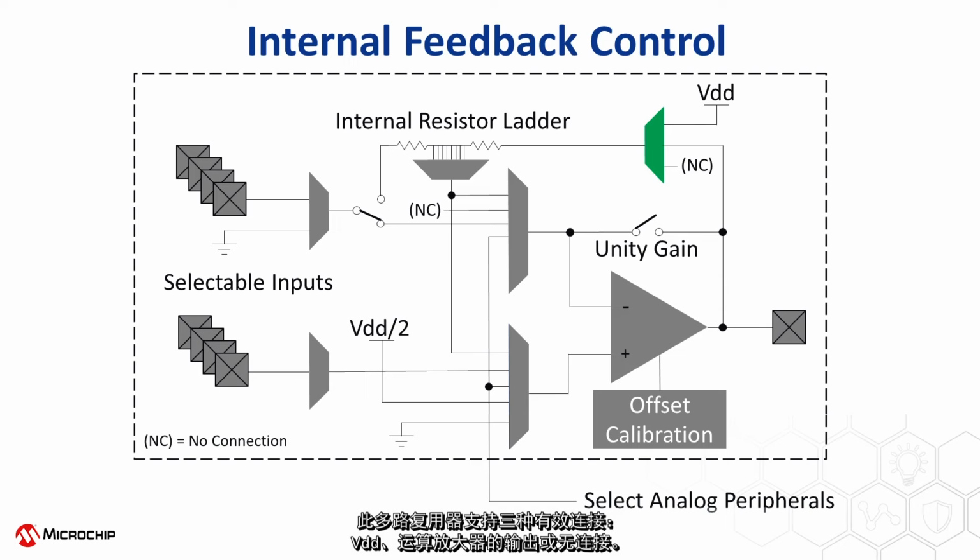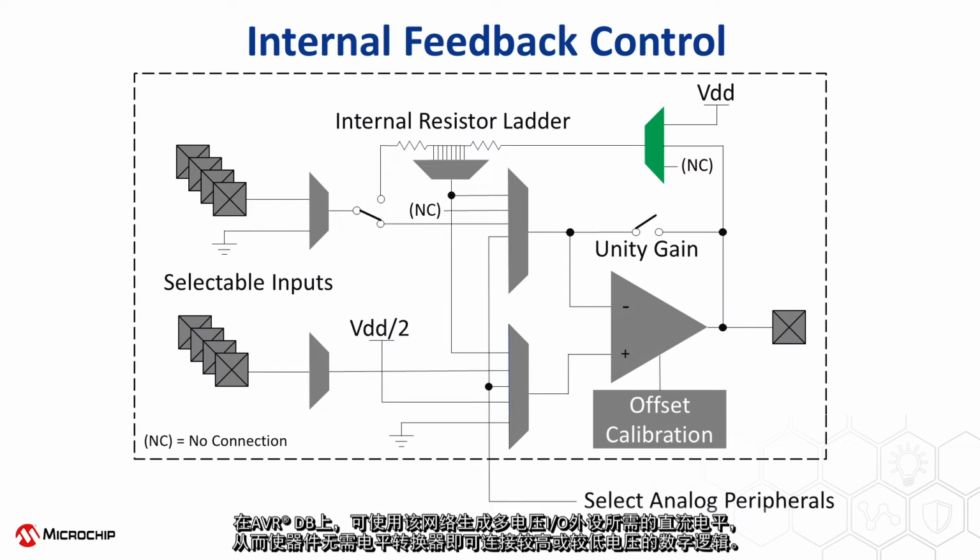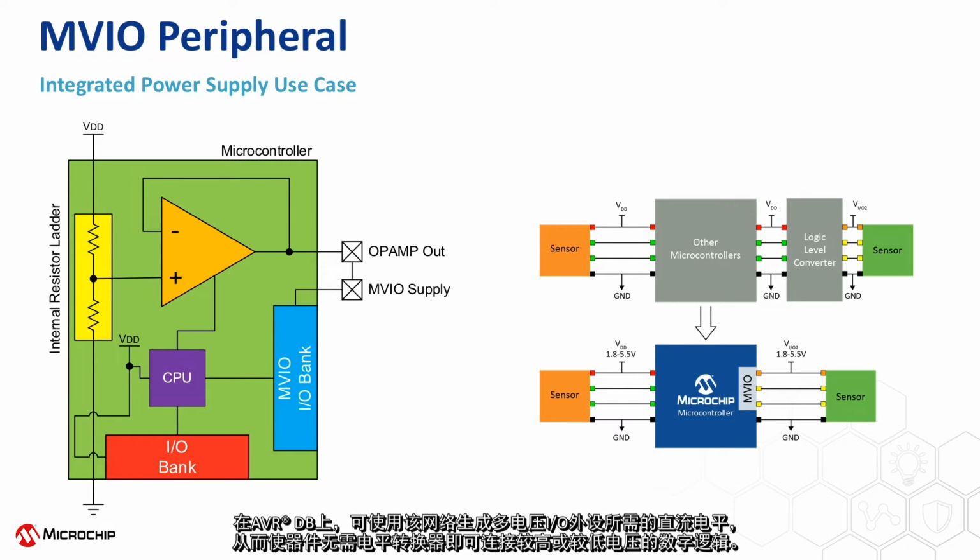This multiplexer has 3 valid connections: VDD, the output of the operational amplifier, or no connection. Selecting the VDD connection turns the internal resistor ladder into a resistor divider network. This network can be buffered by the operational amplifier to become a static DC output proportional to the ratio of the resistors. On AVR DB, this can be used to generate the DC level required for the multi-voltage I/O peripheral, which enables the device to interface with either higher or lower voltage digital logic without the need for a level